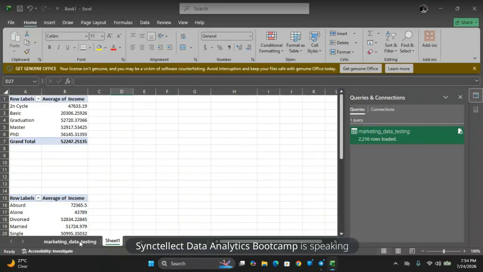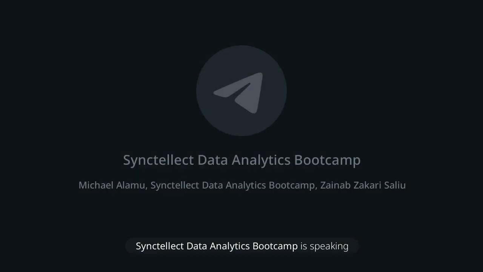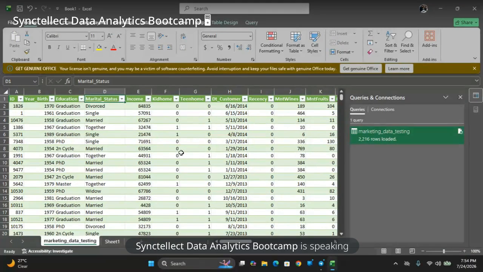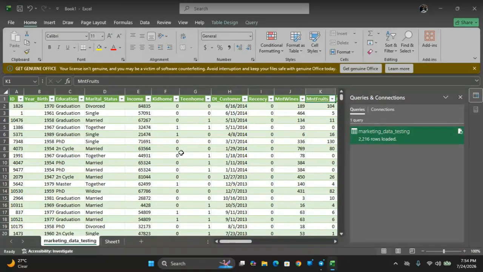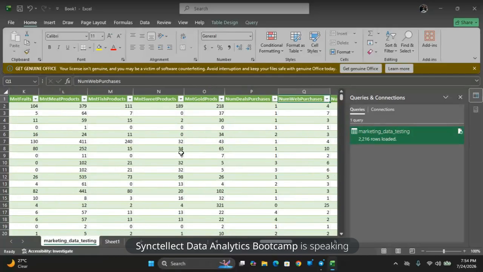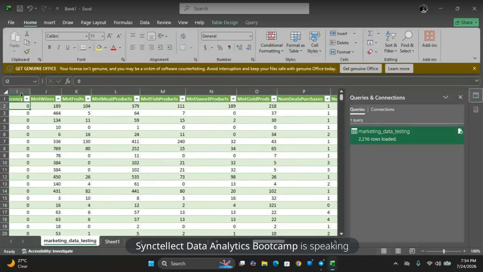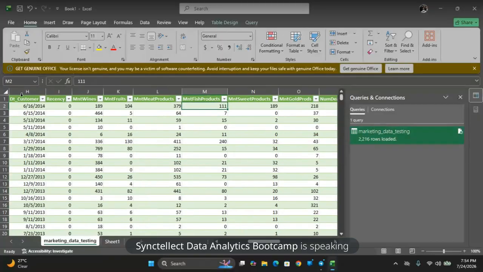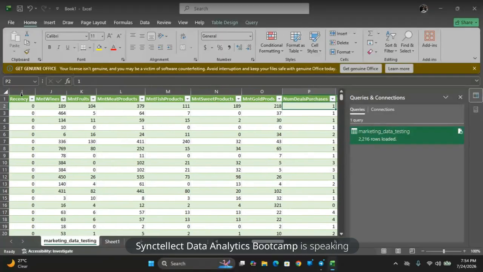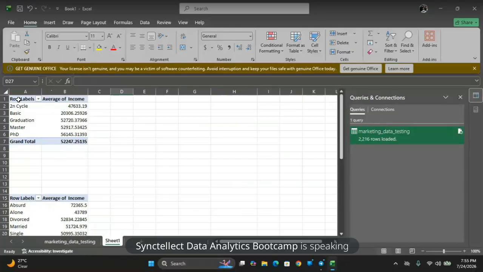Now let's check for more things that I want to explore. You want to see the amount spent on fish, the sum of money spent on fish, sweet products, gold. I want money. I want to see the total amount spent on wine, fruit, meat products, fish products, sweet products, and gold products. I want to see the amount of money spent on each. So now I'll come with this as a new